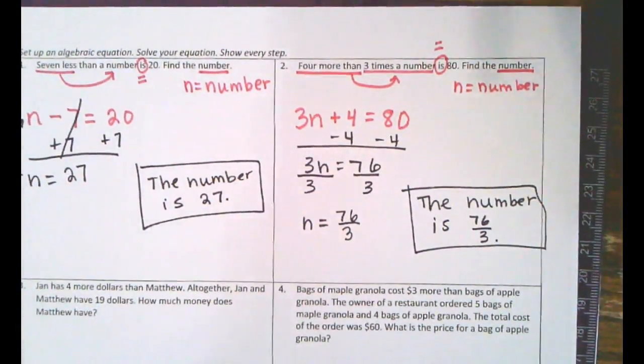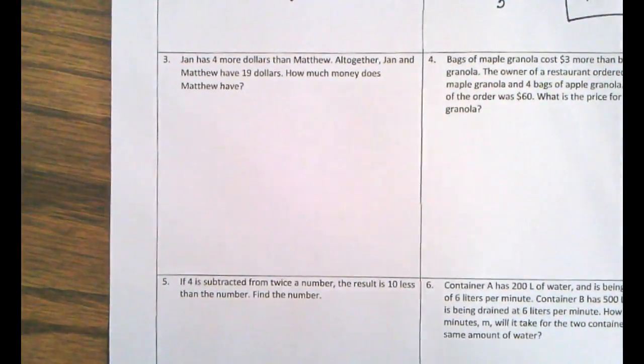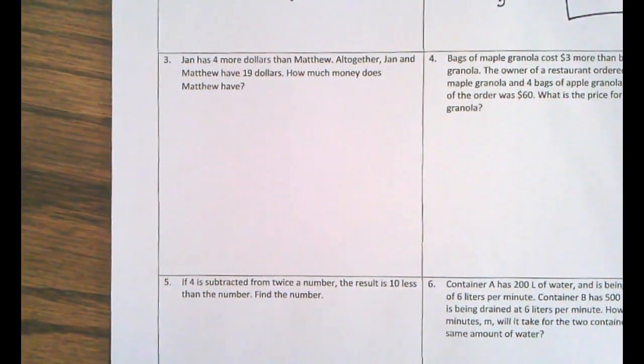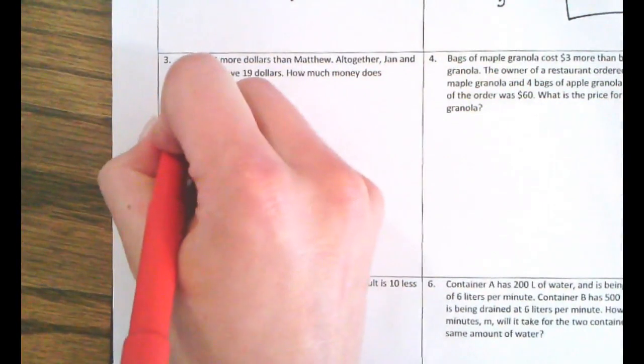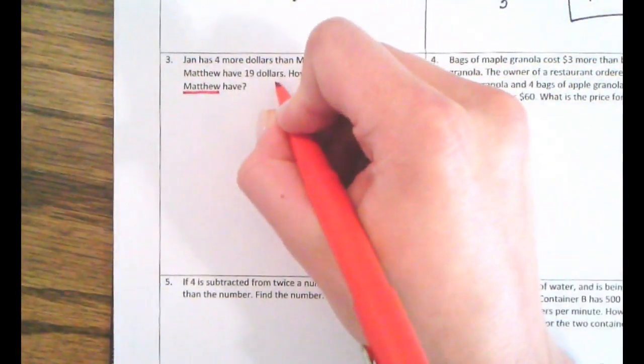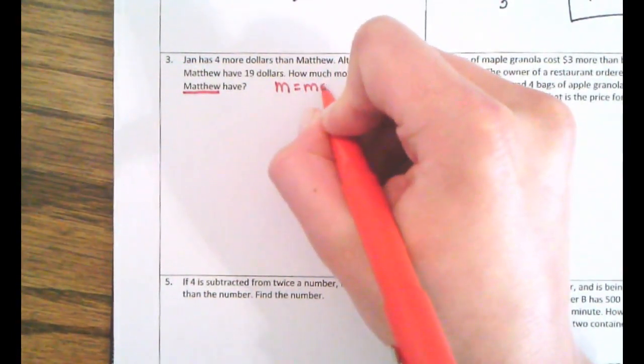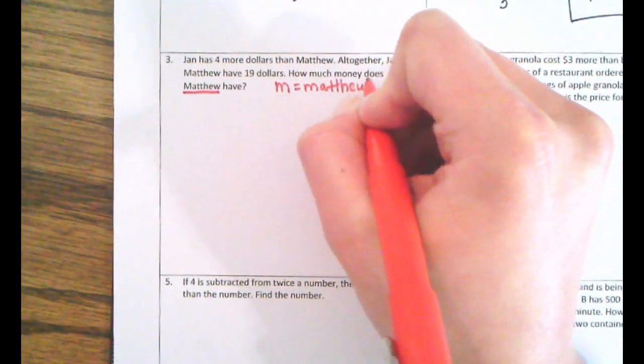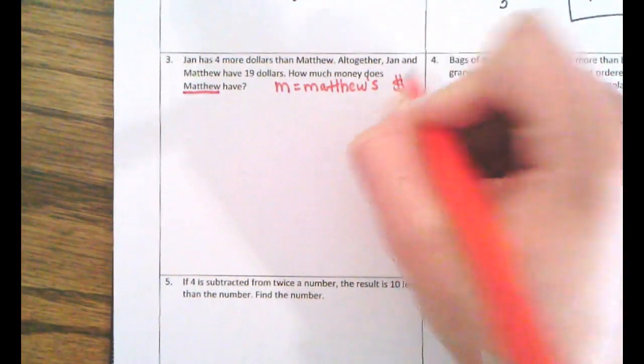All right, number 3. We are into some more context problems now. Jan has 4 more dollars than Matthew. Altogether, Jan and Matthew have $19. How much money does Matthew have? Well, the question is asking about how much money Matthew has. So I'm going to set M to be Matthew's, and I'm going to put a little dollar sign to say